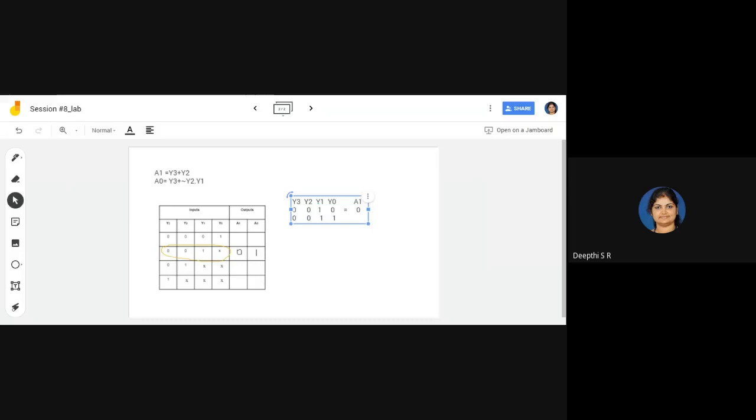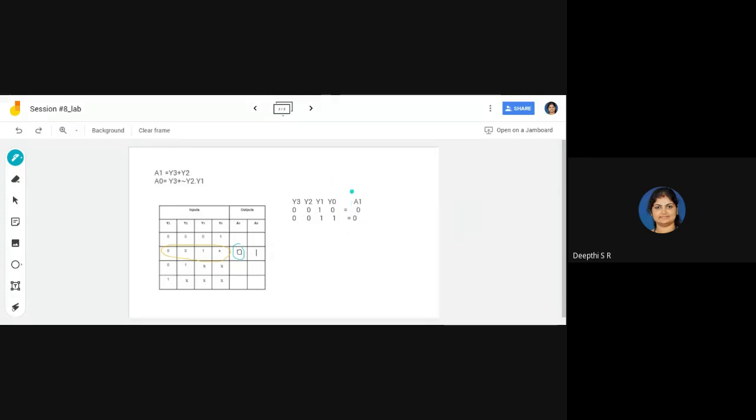For the second case, y3 is 0 and y2 is also 0, so A1 is the OR of y3 and y2, so the output is 0 again. So in both the cases you got the same output as 0.